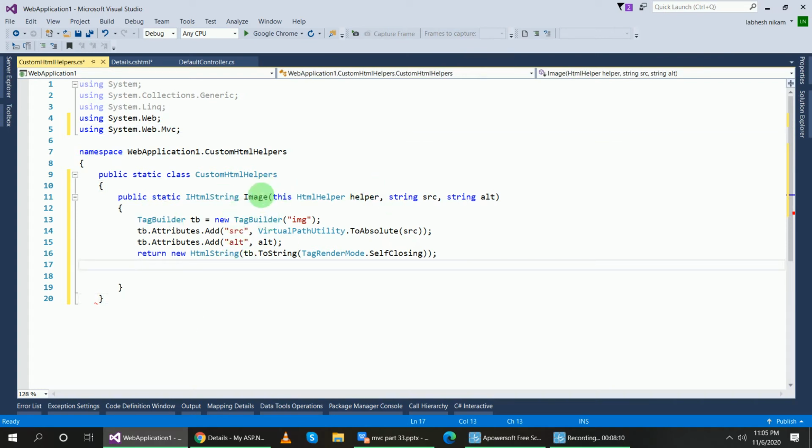This image custom HTML helper uses this HTML helper class.